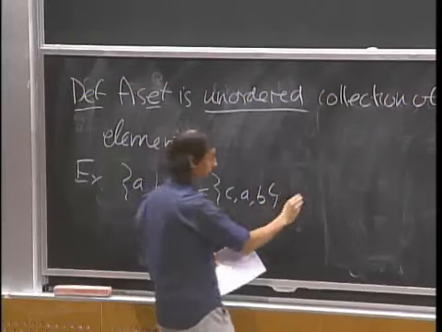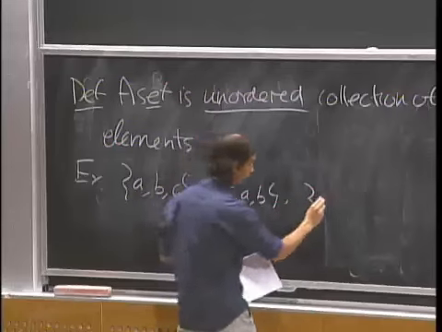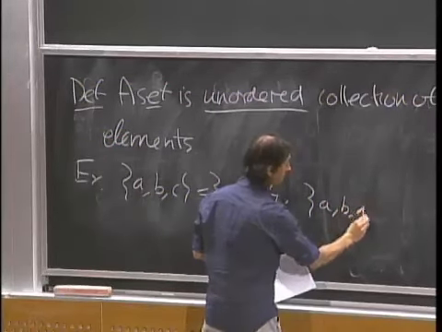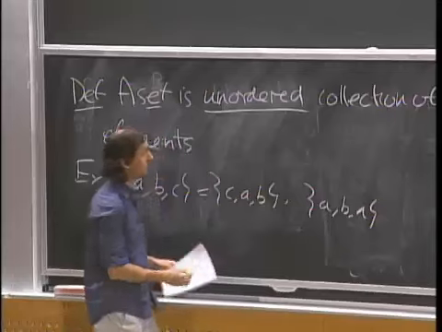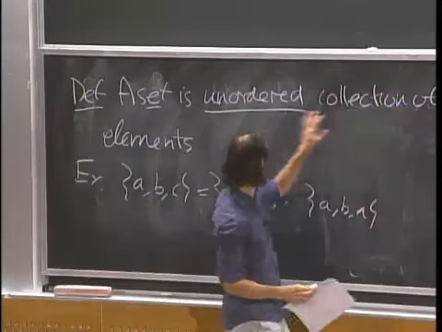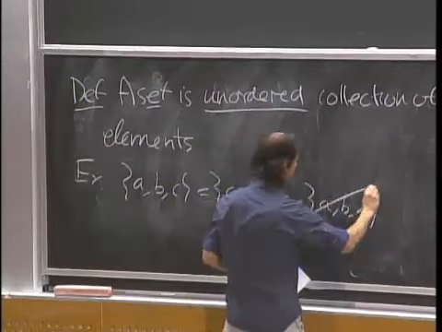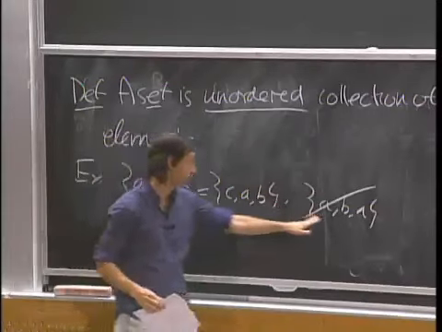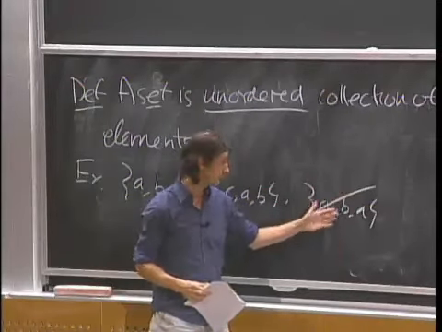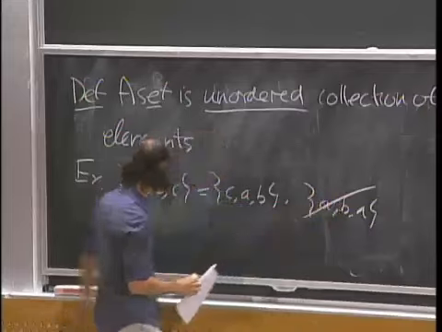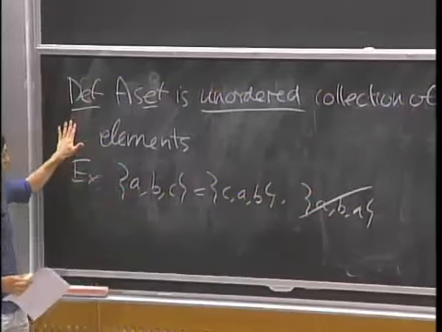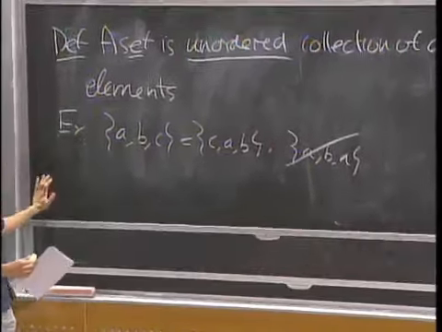On the other hand, if we have a collection in which, say, the element A appears twice, well, these two are not distinct, so this is not a set. So this is not a set, but it is a collection, and you may call this a multiset, but we'll not go into that. So we will be talking about sets, and we are interested usually in the cardinality of